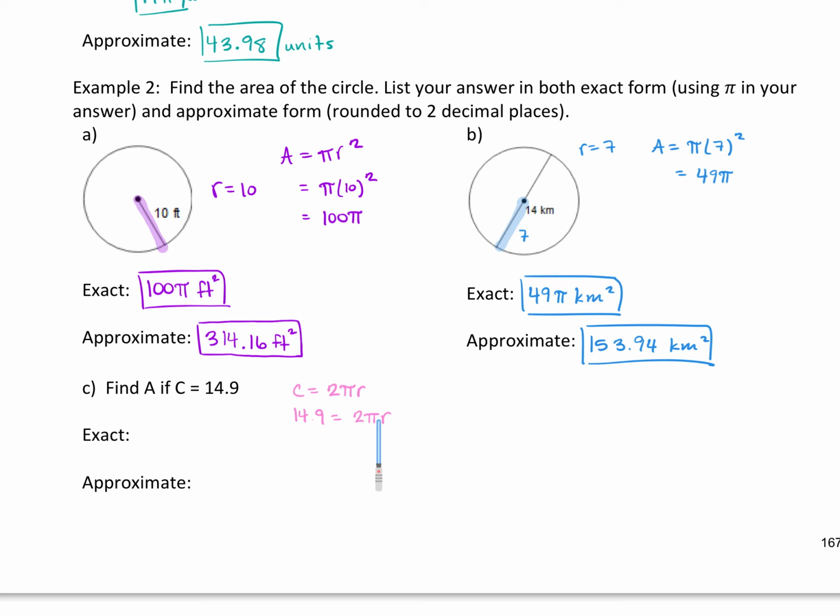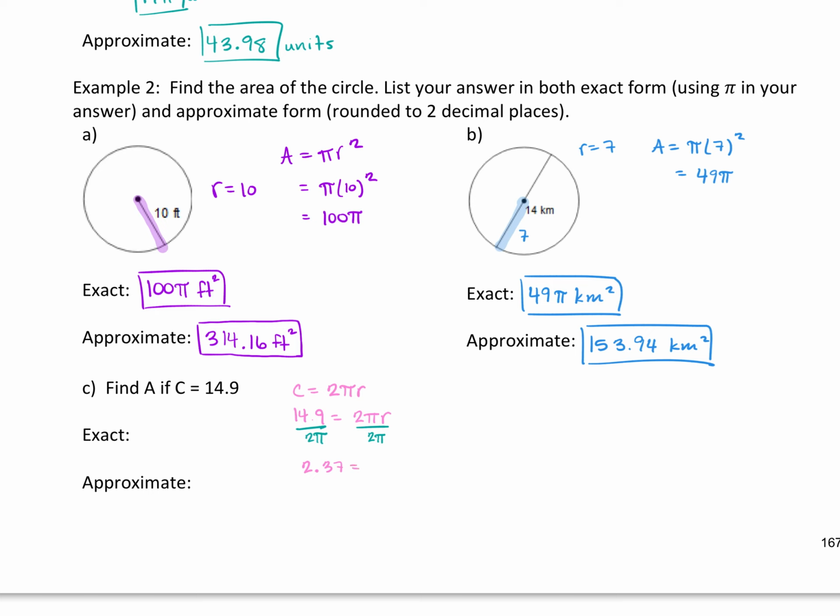R is being multiplied by 2 pi, so you undo multiplying by dividing. So divide both sides by 2 pi. And when you type 14.9 divided by 2 pi into your calculator, it gives us